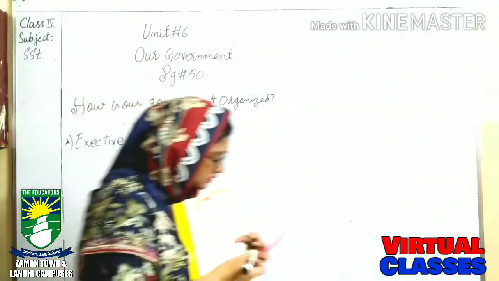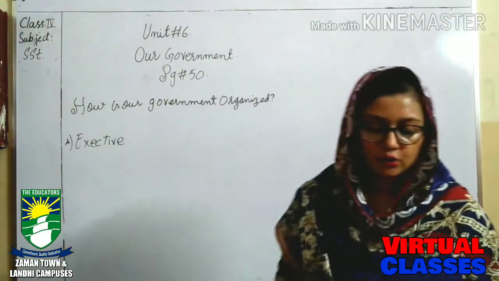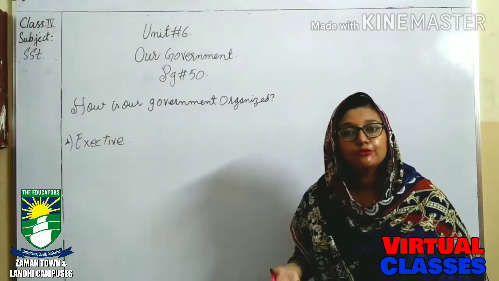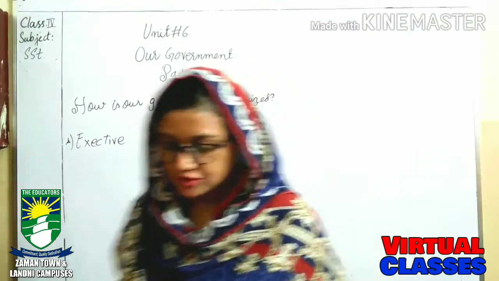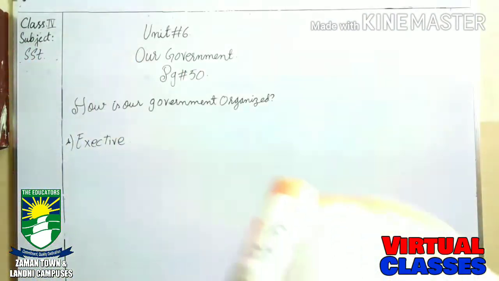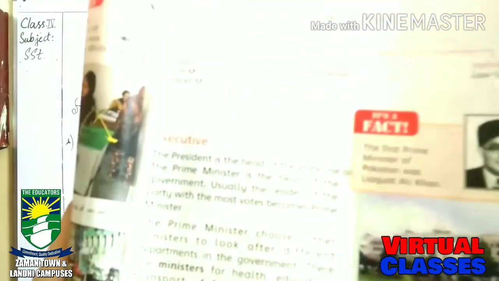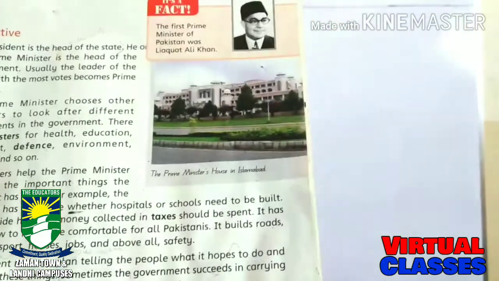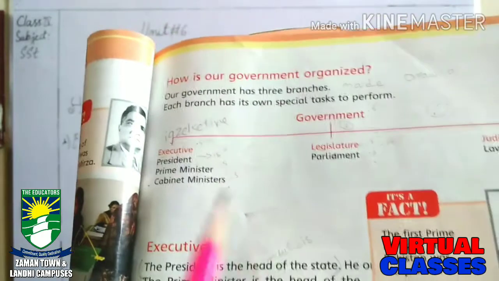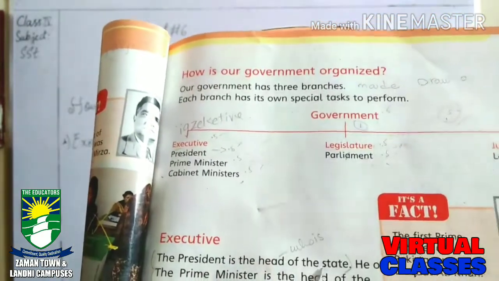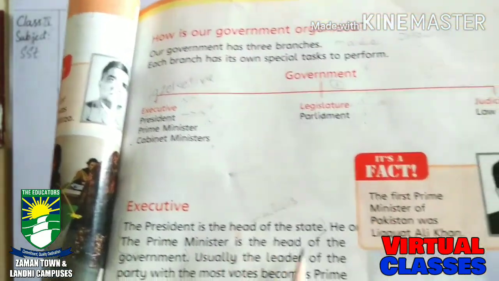Now, in this heading, the president is the head of the state. You can see in the picture as well, page number 51. The president is the head of the state. You have to know the president is the head of the state. The prime minister is the head of the